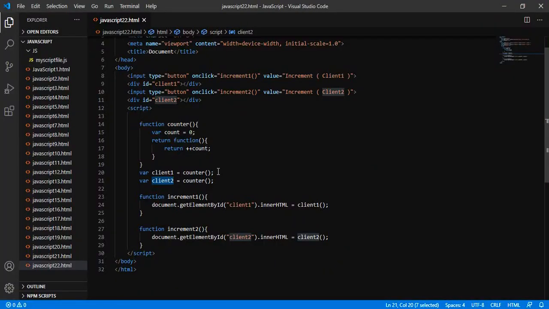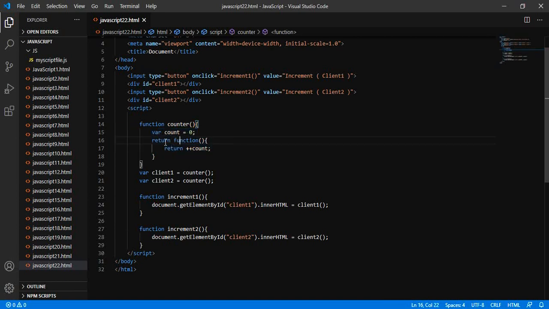So what is actually happening here? When the counter function is called, it creates a variable and returns a function. When it returns, it has created a lexical environment for this scope, and this count variable is accessible only inside this counter scope.